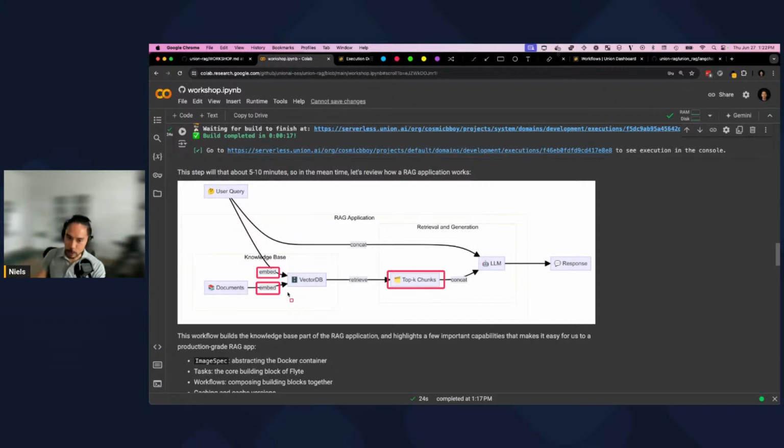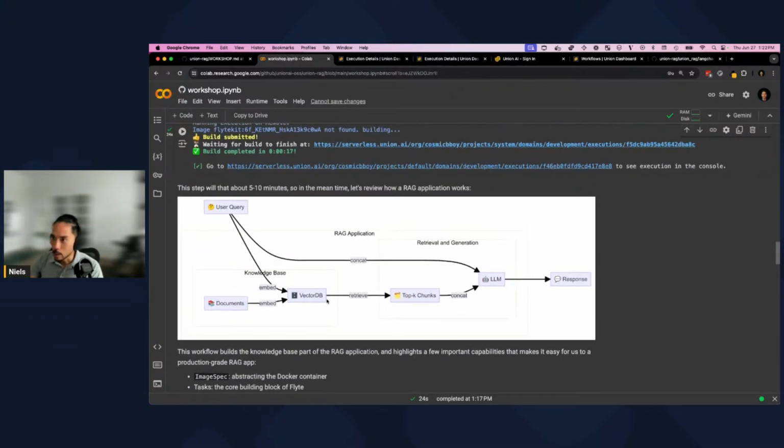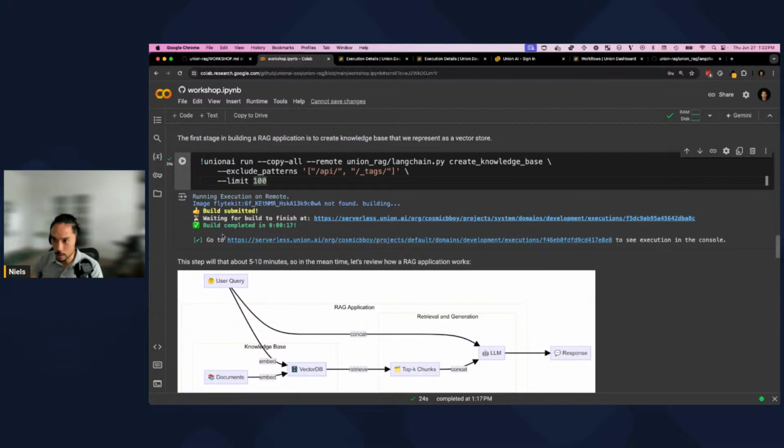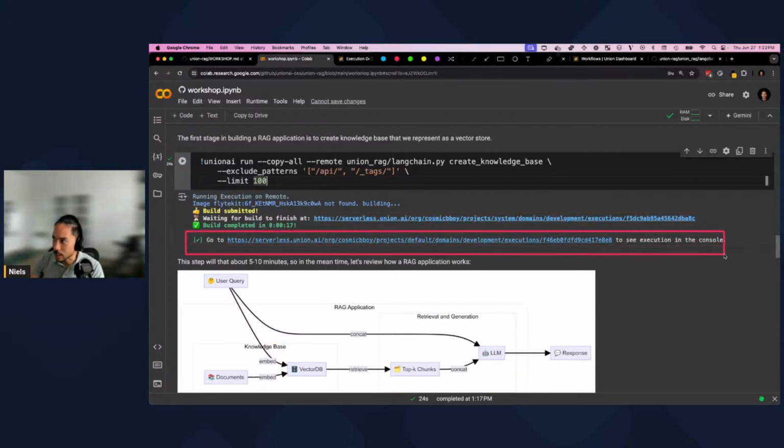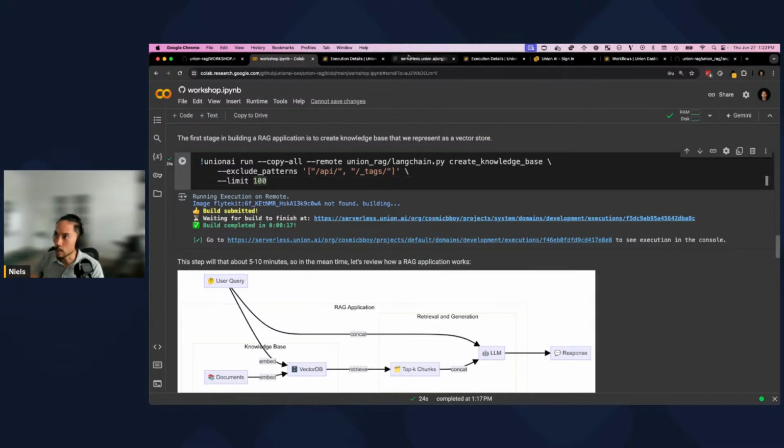So I'll give you a better example of this with the open weights. Okay. So hopefully this is running for you now. Hopefully you see a link like this. So not to confuse these two links, this is the image building link. And this is the actual create knowledge base link. And so if I click to the create knowledge base link,